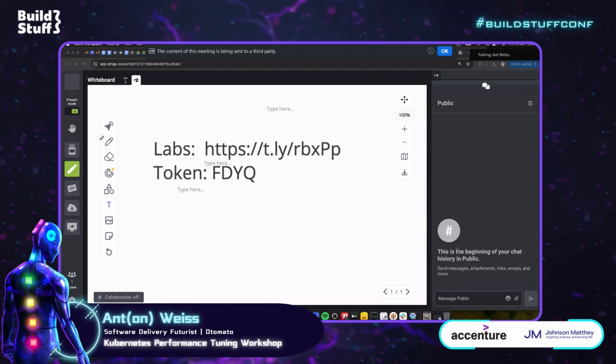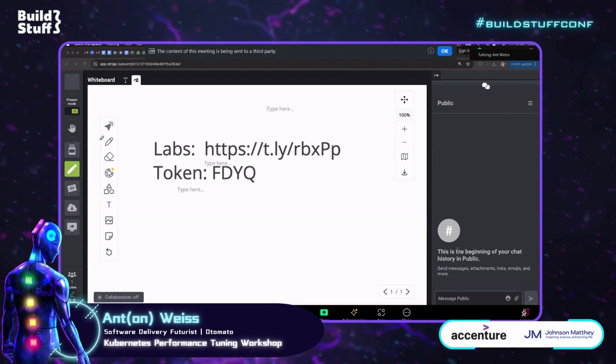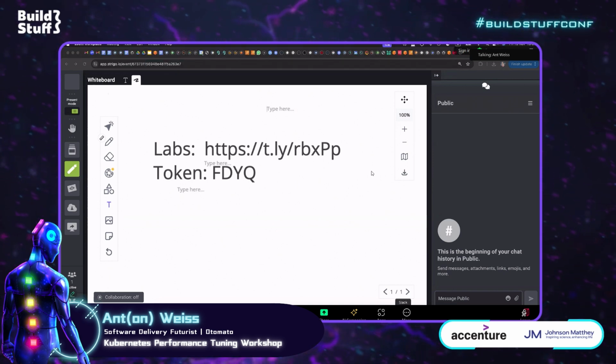So today what we're going to do is look at how to tune our Kubernetes deployments for performance, but not just performance, but we'll dive further into this later. So the whole idea of this is being a workshop, a hands-on workshop. And in order for that,